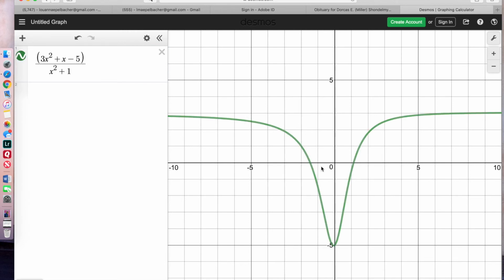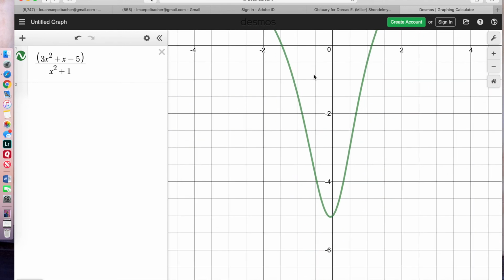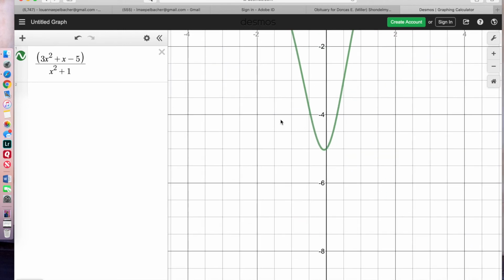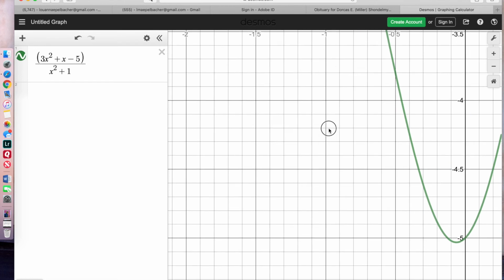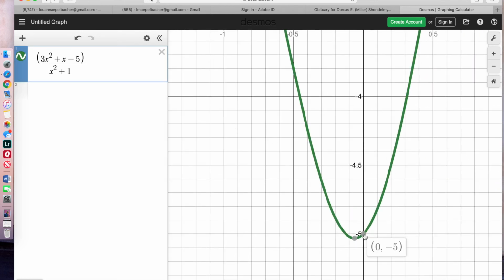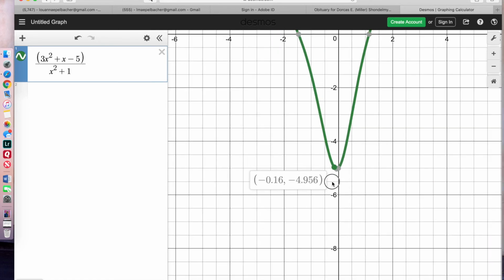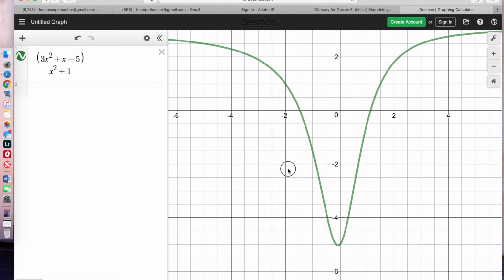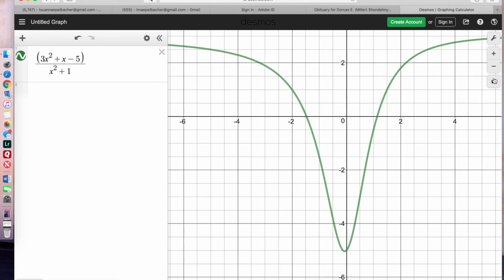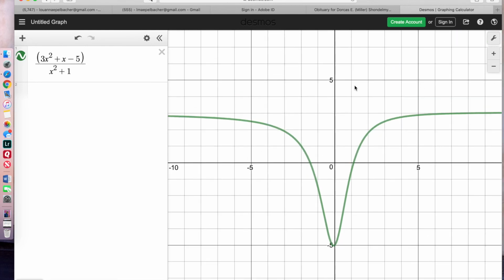And just a quick note, even though you're not asked to graph this or comment more about the graph, I kind of want to point out that your y-intercept here is slightly off from the minimum, which is there. So just keep in mind things like that with these graphs, that they don't always behave the way you're expecting them to behave. Anyway, this is why the answer to this graph is all real numbers, or the domain of this graph is all real